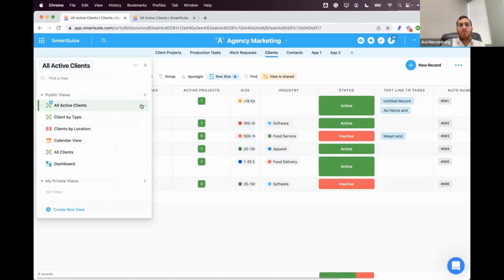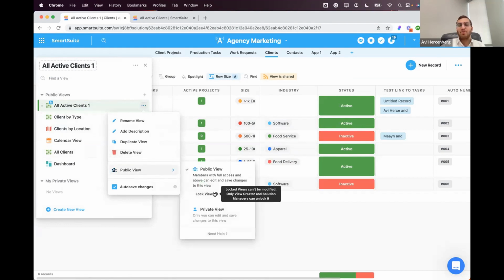I can now rename this view, right? I call it all active clients. Let's call it all active clients 1. I can duplicate it. I can add a description to this view to explain what information I'm doing here. I can have it as a public view or a private view. So private view means this is just a view that I see, no one else can see it. And if it's a public view, I can lock it. So that way no one else can change it and mess around with the filters and groupings